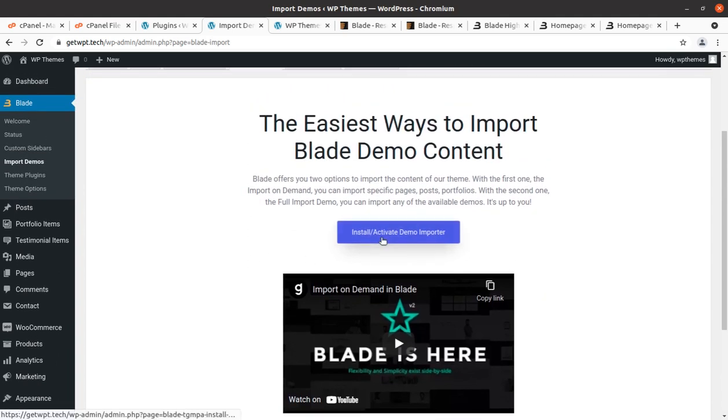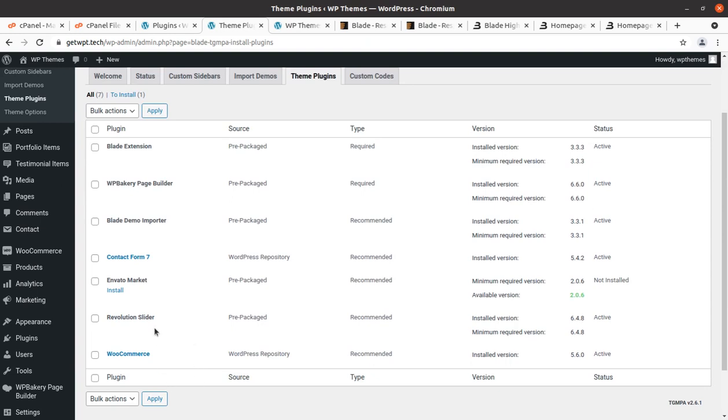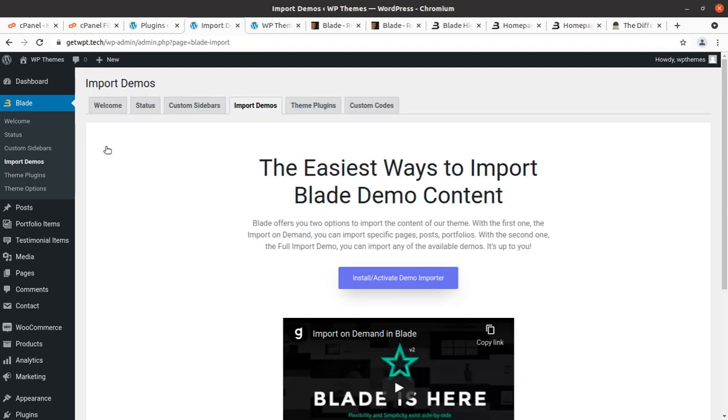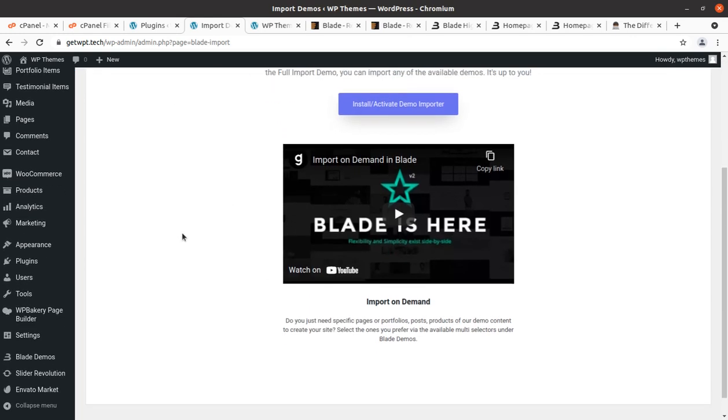Simply click on activate demo importer, and we have already installed the demo importer. I don't know why this is so, and I believe the demo importer is, yes, here and it is active. So I have been in the wrong place for importing the demo.